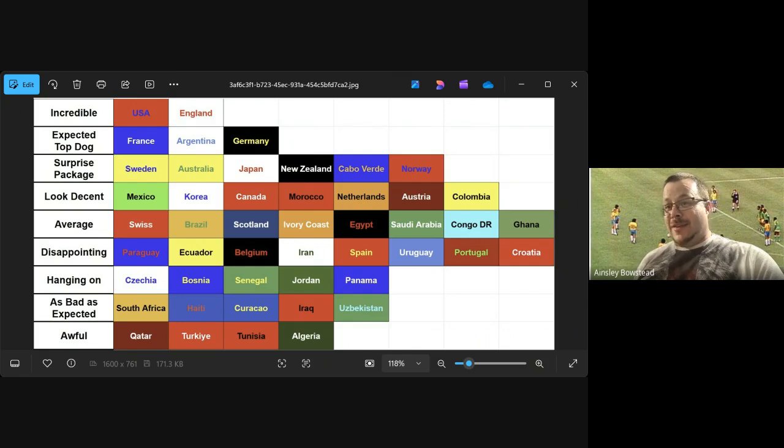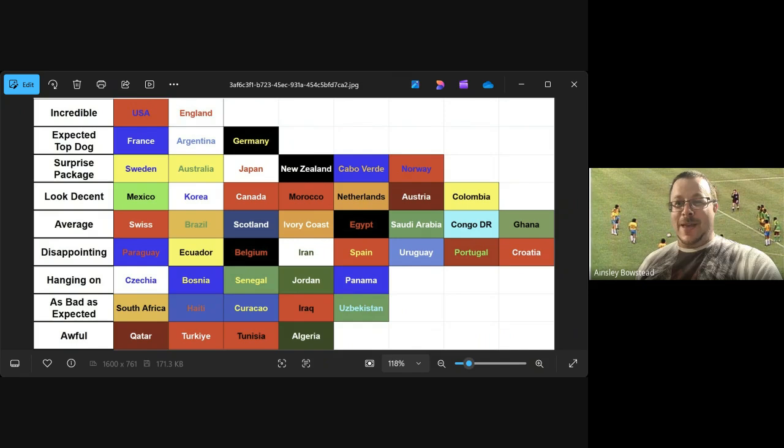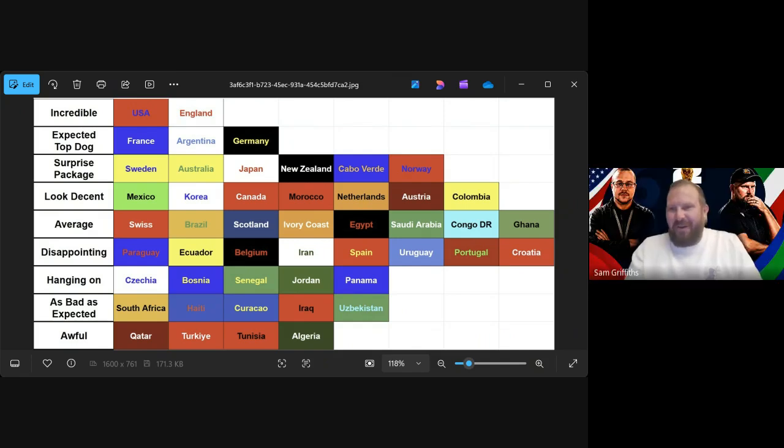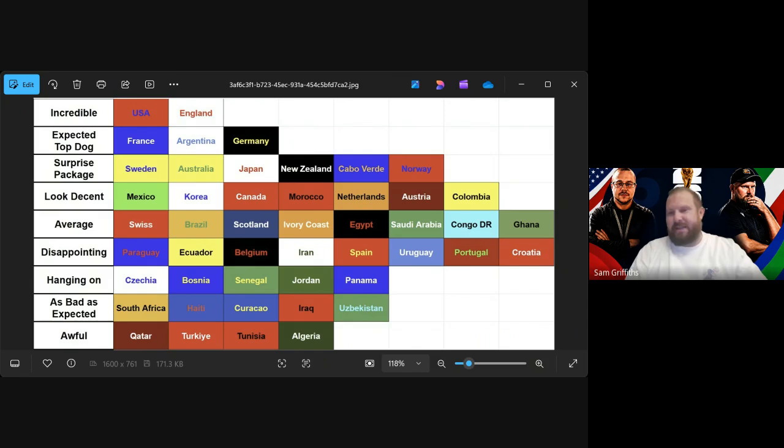For me, the craziest thing that's happened so far is Tunisia sacking their coach after a single game. Yeah, that was. And do you know who they've appointed? Hervé Renard, the Saudi manager. Maybe he can create an amazing comeback with Tunisia. I mean, I doubt it because, as you can see from our tier system, they are awful.